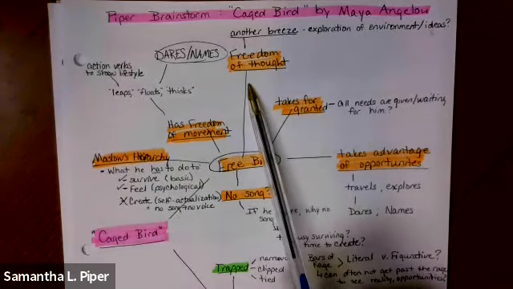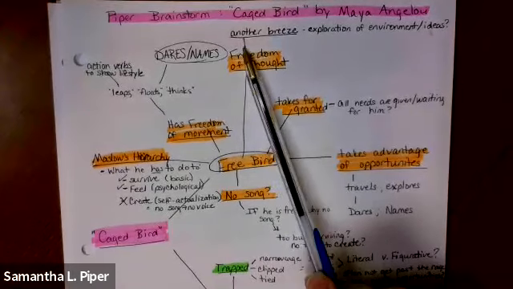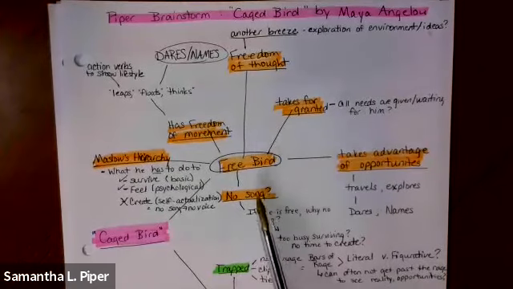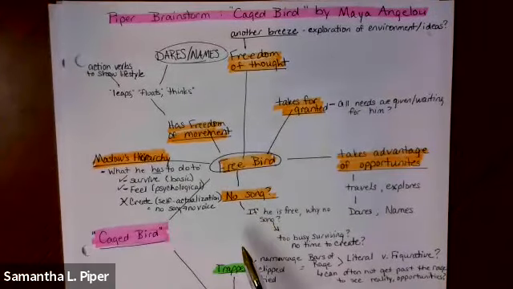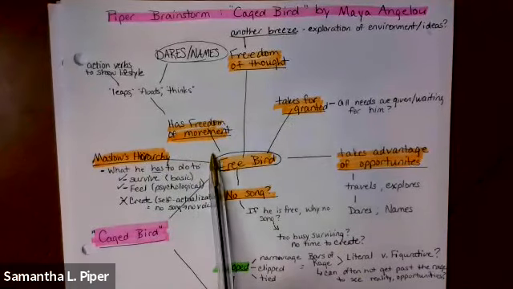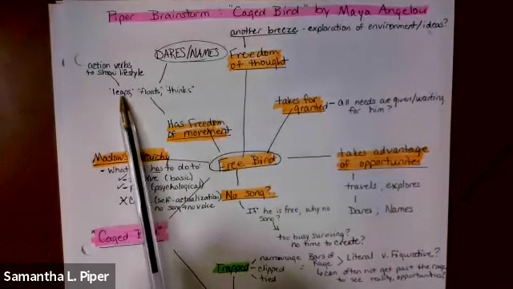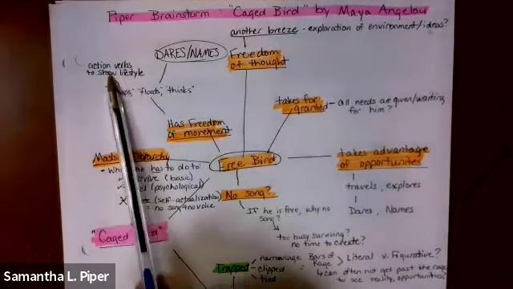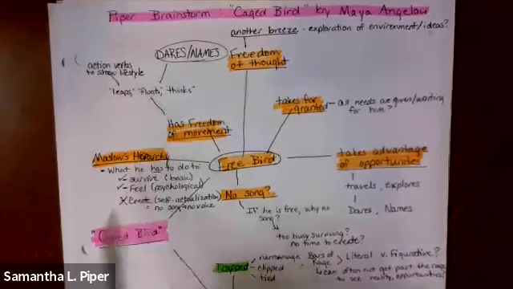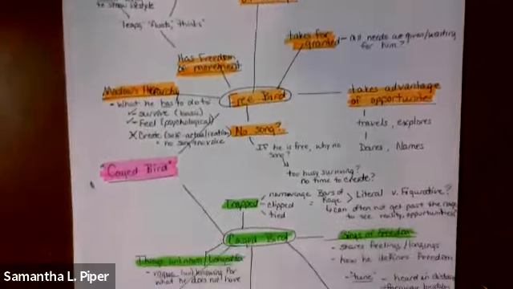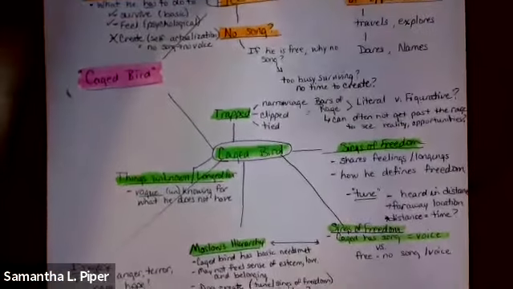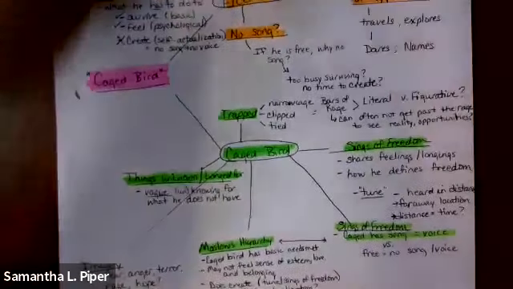Different things we've already kind of mentioned. What about freedom of thought? He thinks of another breeze. He's exploring his environment or maybe ideas around him. These are some of those ideas that kind of work. And do you see how I've kind of webbed them out? So this might be a main idea. Here's some supporting evidence. These kind of action verbs, I can bring elements of the text itself to help me in my description of the text. Here's some information about the caged bird. I'm trying to get all of this together for you.